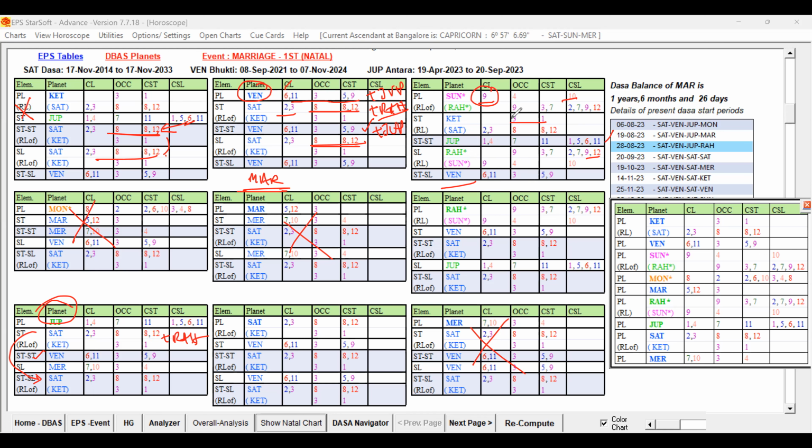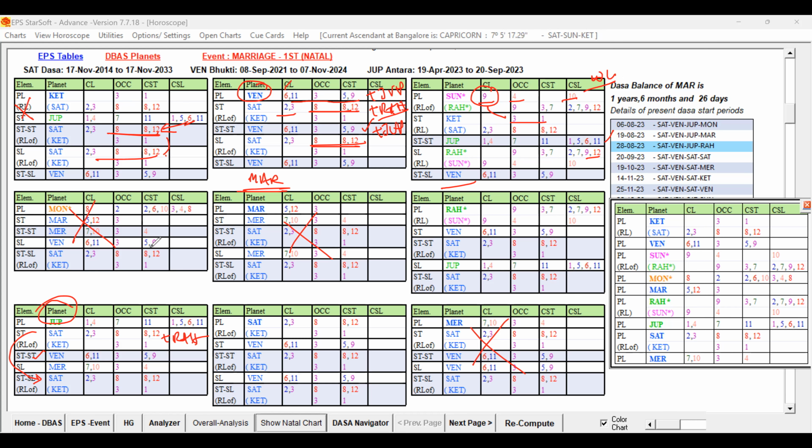Source 9th lord, star level is 3 and 1. You can see here 11, 3, 5, 9 and 2, 1, 3. And again 11, 3, 5, 9. Good grouping is there. Here 9 only. Second planet is Rahu, okay, but 9, 4, and 10, mixed planet. In the star of Ketu, 3 and 1. So this is not so good. So we can say this is not so strong, right? That we can keep in the waiting list.